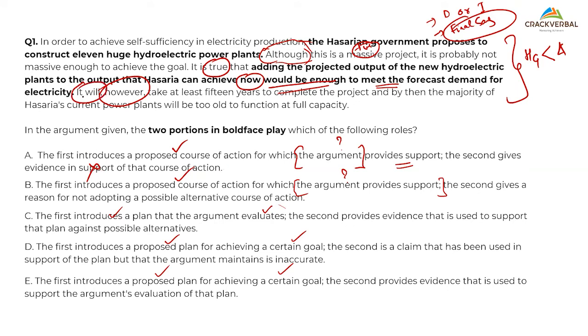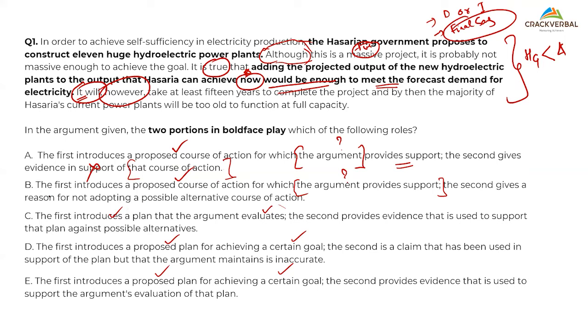It will, however, take at least 15 years. Very important, the word now. I am not saying in order to achieve the goal. The goal is not now. That is the catch. The goal was not about the present; the goal was about the future, to achieve complete self-sufficiency. This is the most important aspect. Why I mentioned the first step was to focus on the conclusion, focus on the actual story. So it is not supporting that course of action in totality.